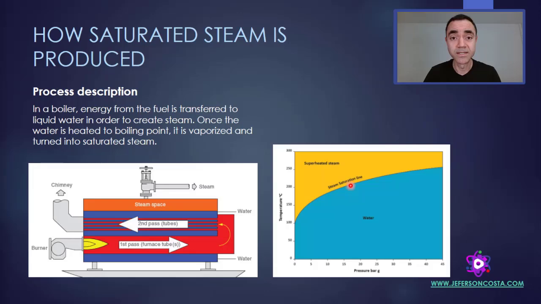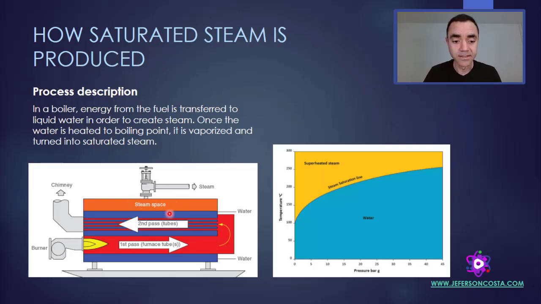That is very important because, going to the equipment, we need a source of energy. For instance, in a boiler, we have a source of energy. This is a gas boiler where fuel is burnt to produce flue gas at around 800 Celsius degrees or more. This heat will be transmitted to the surface of the equipment, and because of the transfer of heat, I will heat up my water and have a steam space at the top of the equipment.